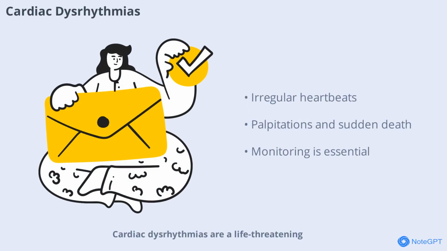Cardiac dysrhythmias are a life-threatening complication of tumor lysis syndrome, primarily due to hyperkalemia and hypocalcemia. The heart relies on precise electrolyte balances to maintain its rhythm, and disturbances can lead to irregular heartbeats, palpitations, or even sudden cardiac death. Continuous cardiac monitoring is essential for patients at risk, and immediate intervention is required if arrhythmias